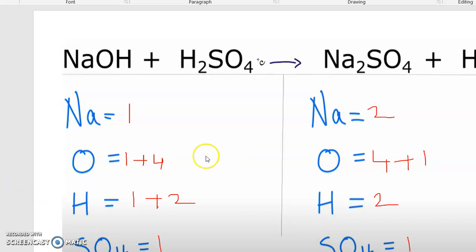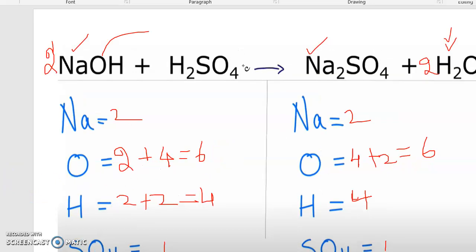Now we will see how to balance this equation. First we have to balance sodium. 2 sodium are present on the product side, but on the reactant side only 1 sodium is present. So on the left hand side you balance sodium by putting the coefficient 2 in front of NaOH. Now 2 Na on the reactant side, and on the product side sodium gets balanced. When you put 2 in front of NaOH, the oxygen number and hydrogen get disturbed. Now let us solve hydrogen.